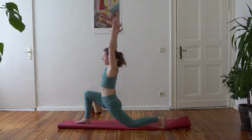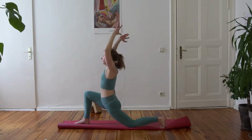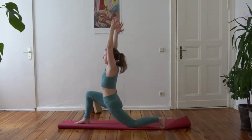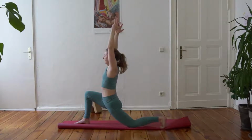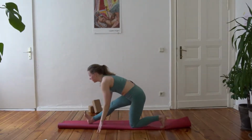Inhale as you lift up. And exhale, sit a bit deeper here. Inhale to really reach through your fingertips. And exhale to actively pull your belly button in to create support in the core. One more inhale. And then exhale, bring the hands to the ground, straighten the front leg, draw the toes towards you,